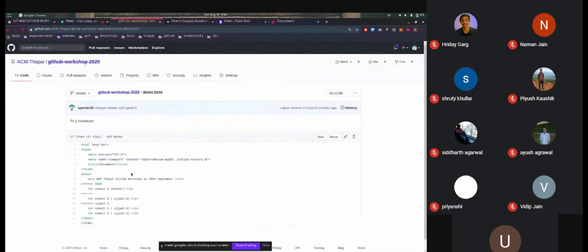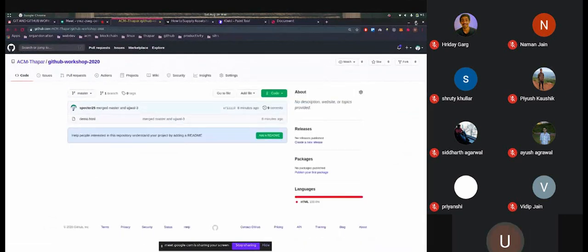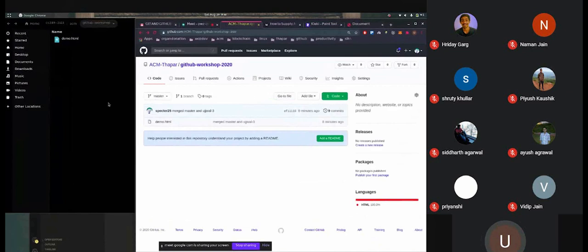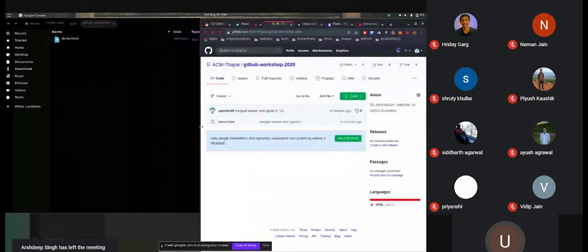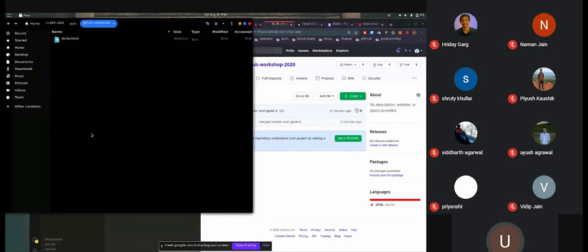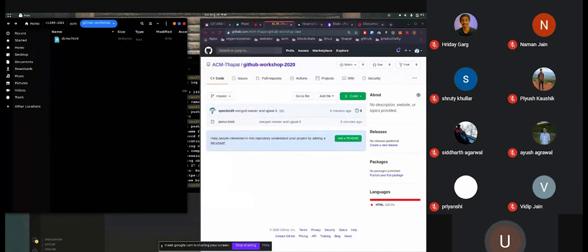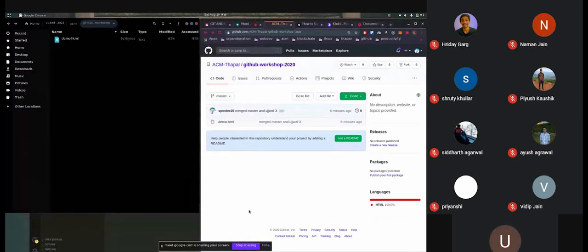See, I made this file locally, and I have this file on GitHub. So this is the way that we push all the changes that we made locally on our computer to our repository on GitHub. Now anyone who has a GitHub account can view these changes, can view the code base that we have on this repository.